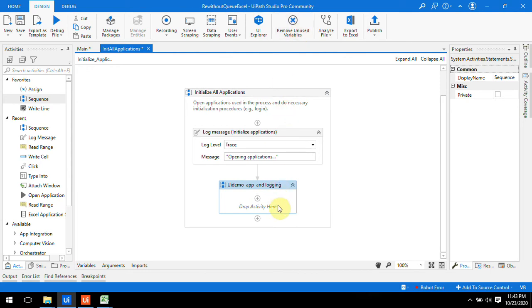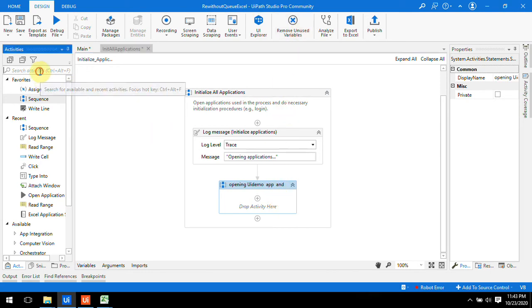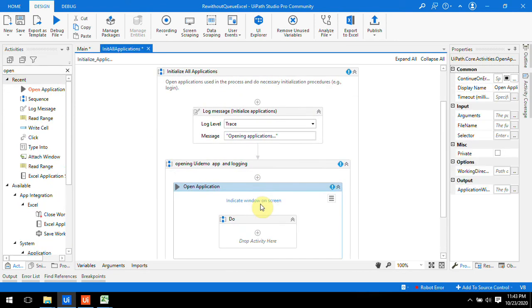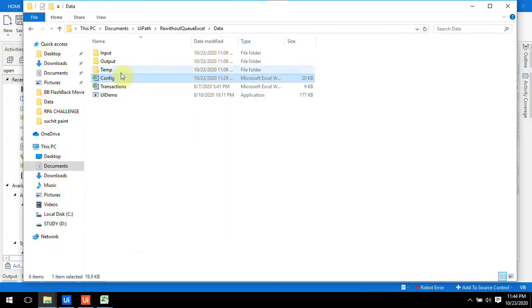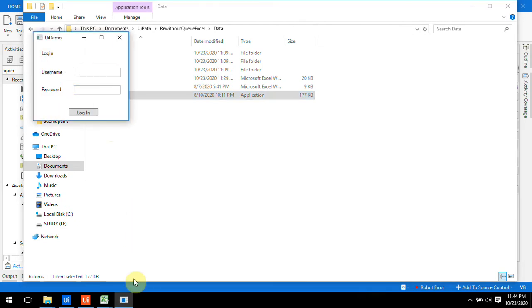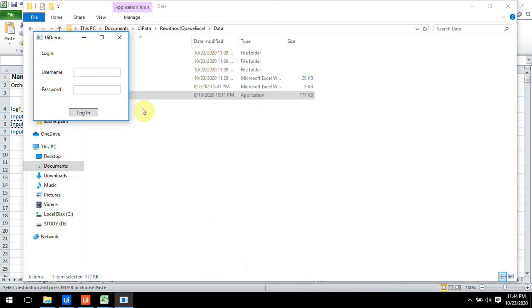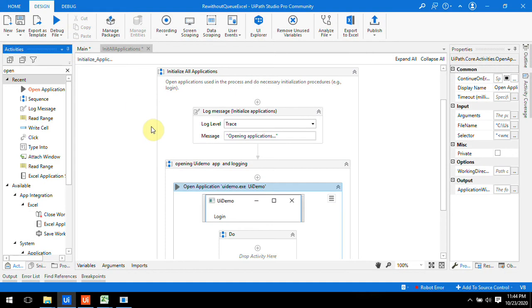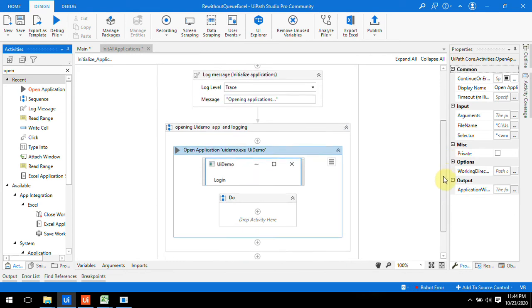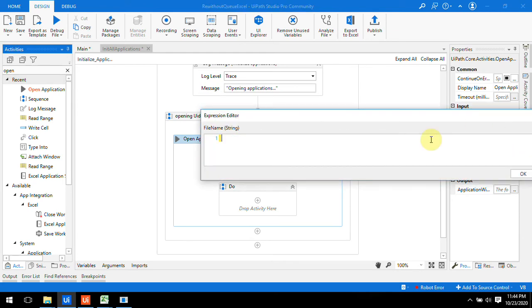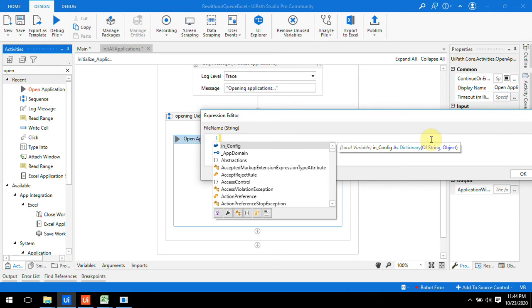First we need to take one activity, that is open application. In open application, first we need to start this application, UI demo. Indicate window on screen, just click here. Now in file name we have already given the path, so we have to enter that path.